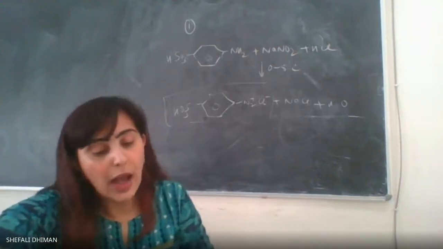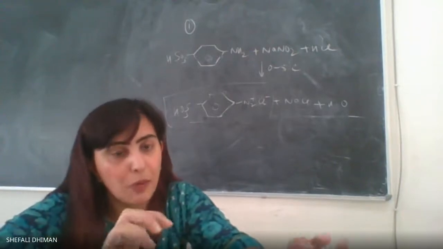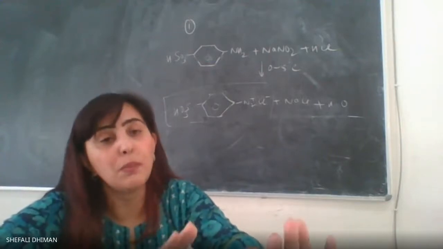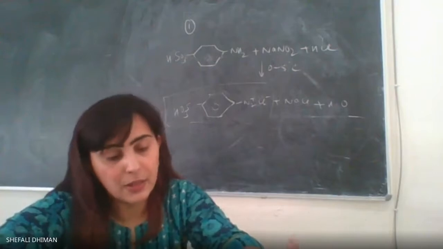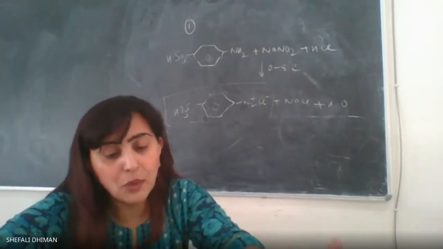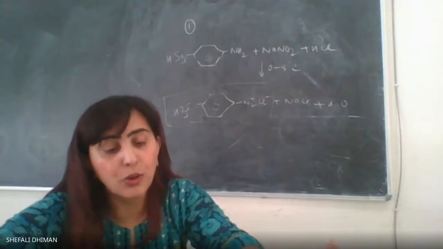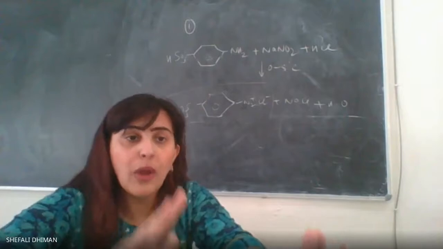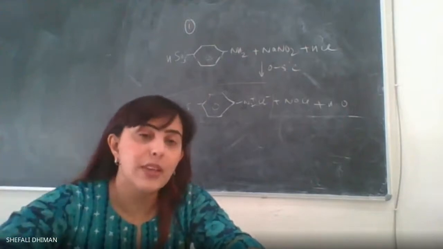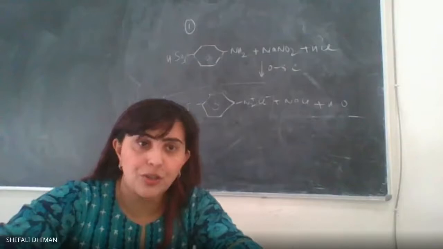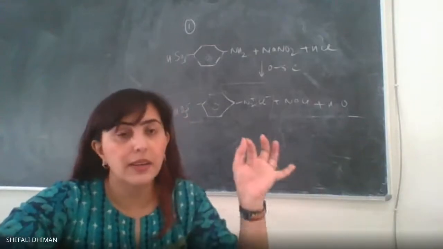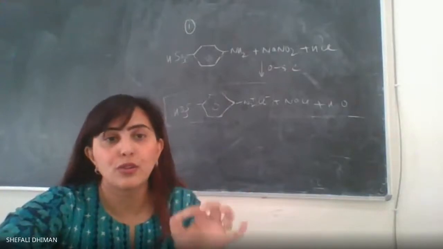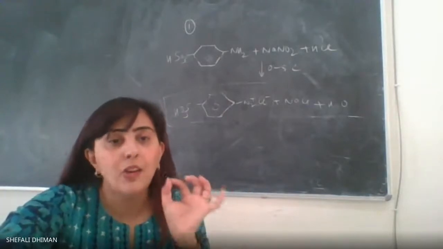So what I'm going to do is add dimethyl aniline, which I have prepared in dilute hydrochloric acid, which has been cooled below 10 degrees Celsius. Now, you will find that there is going to be a pale red coloration. This is very important. Only when there is pale red coloration, we say that the diazotization has taken place well, and now the coupling has also started initiating